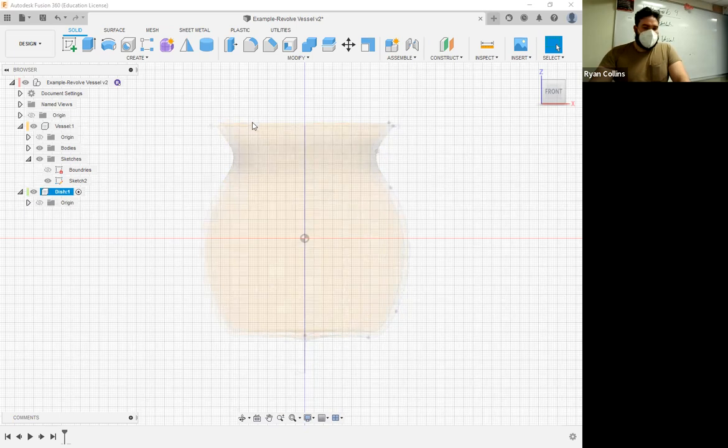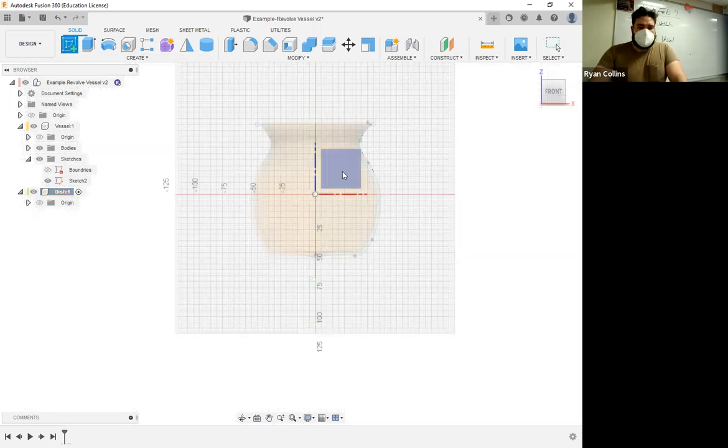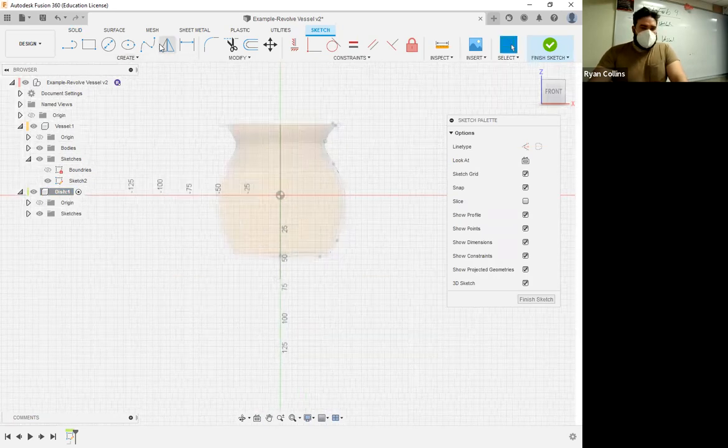I can still technically interact with it if I want them to be visible enough, or I can just draw this totally separately. But I do like having that there just as a reference, so I can just see what I did before. From here, same thing. All right, let me make a dish. Start a new sketch, same plane. I'm working on this other component, and now I'm going to use a fit point spline,